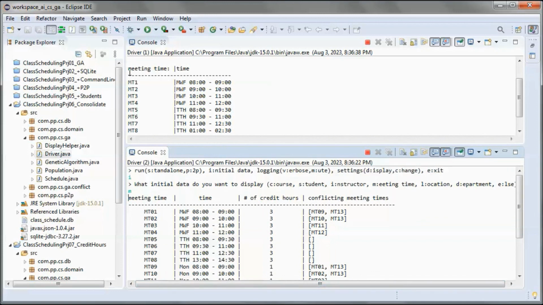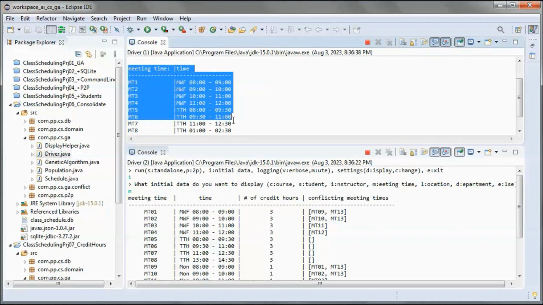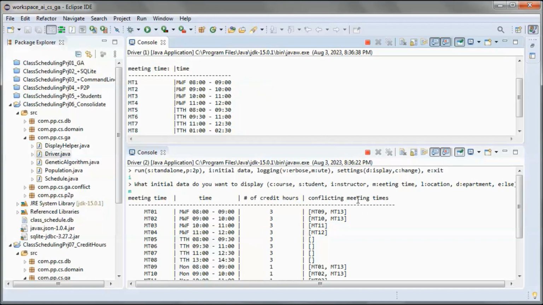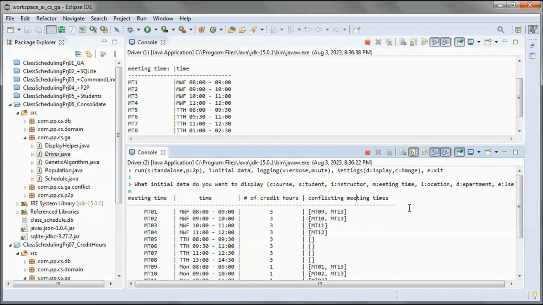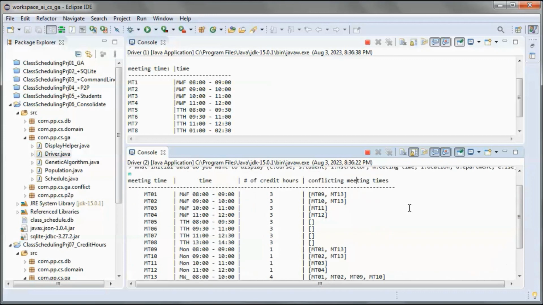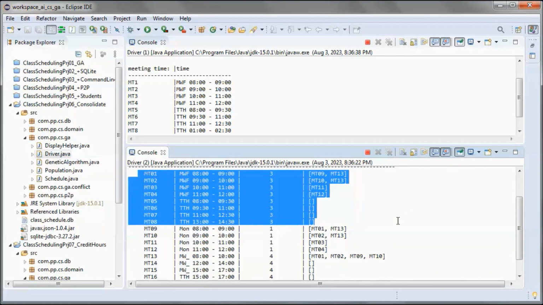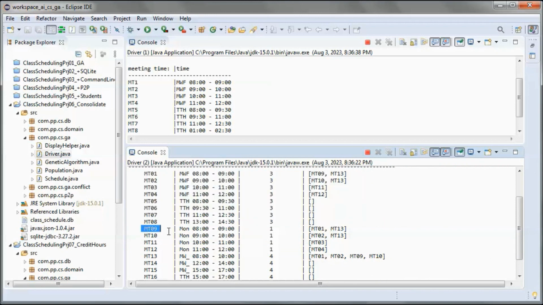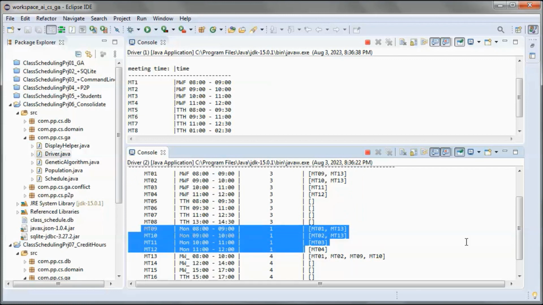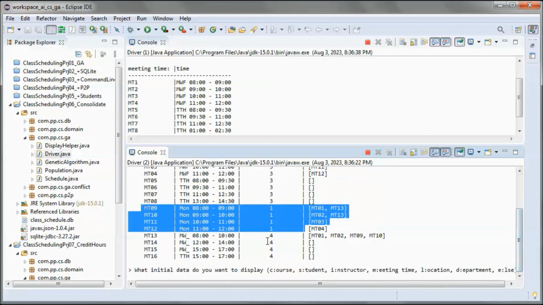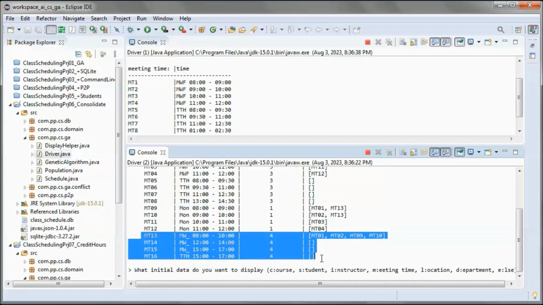Here all the meeting times were for 3 credit hours, and here we have different numbers of credit hours. So those are for 3 credit hours, those are for 1 credit hour, and those are for 4 credit hours.